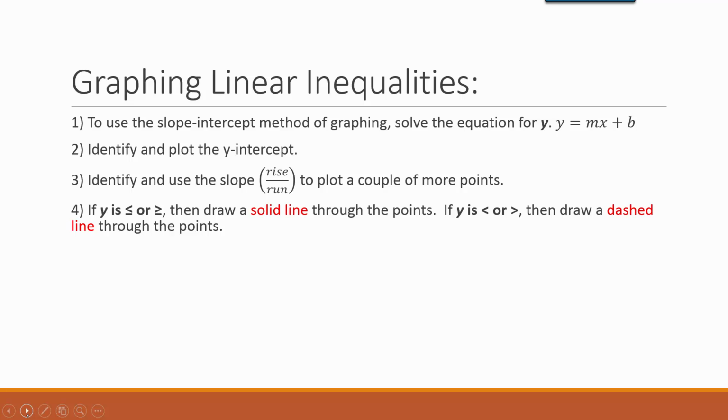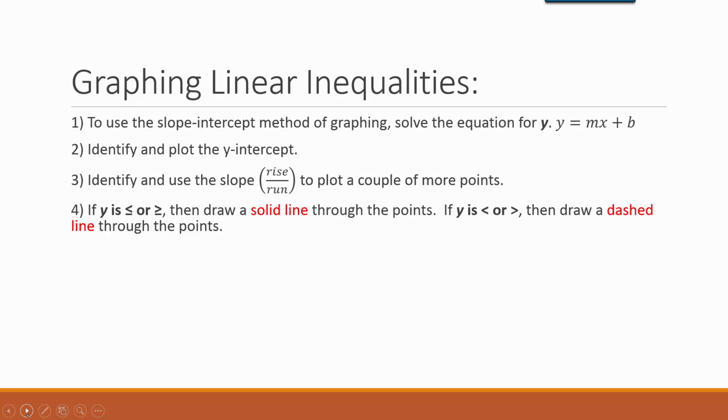Now here's where it changes a little bit. We have to remember that inequalities can have several solutions. For example, if I just had the inequality of x is greater than 5, then that could be 6, 7, 8, 9, 10, and so on. So to show this, we have to use a solid or a dashed line, depending on the inequality that we're given, and also shade on one side of the line or the other